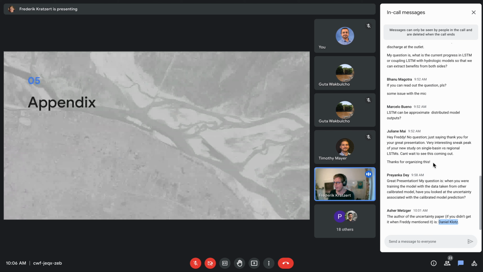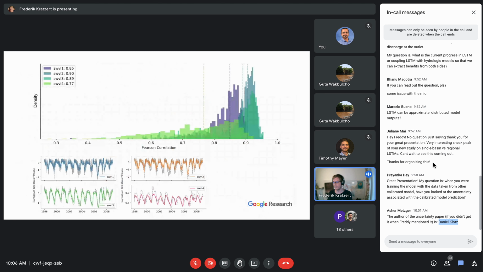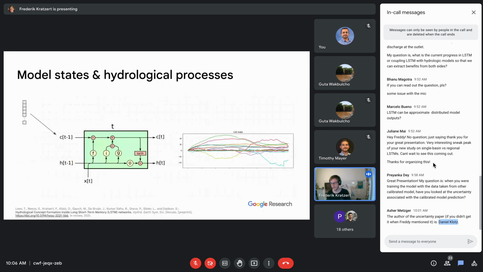I don't know if you missed my answer to the question regarding the state analysis, but you actually can get information about soil and snow from an LSTM that is only trained on discharge, and it's described in the paper linked here at the bottom. Sorry, I'll probably not repeat the entire process here.